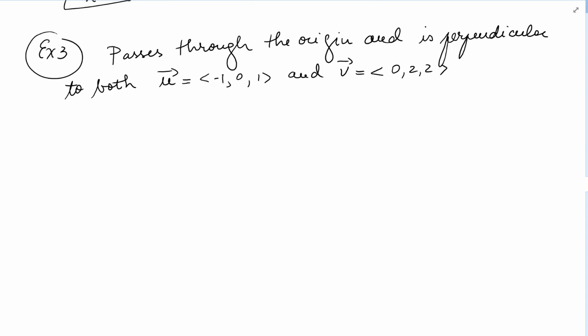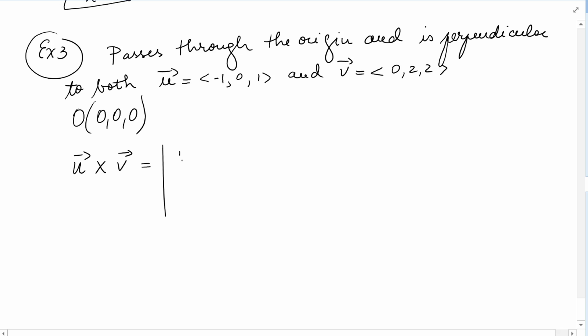And let's do one more problem. Let's find the equation of a line in both parametric and vector form, if it passes through the origin, so through 0, 0, 0, and it's perpendicular to both u and v. So to find that vector that is perpendicular to both of these, we would have to find the cross product of u and v. So i, j, k, and then we put the coordinates -1, 0, 1, 0, 2, 2, and